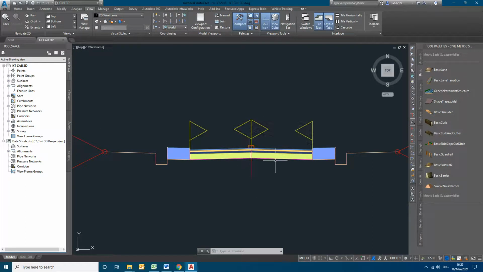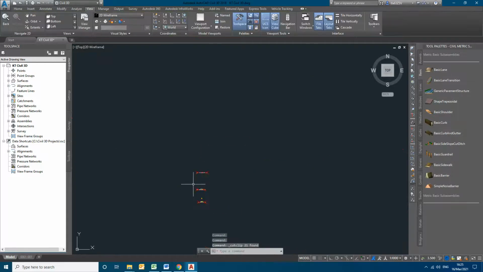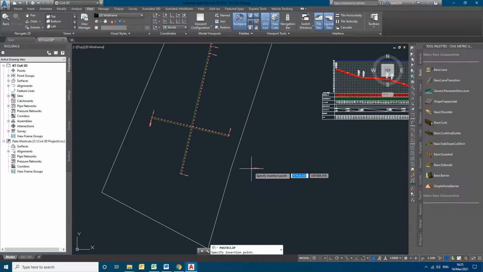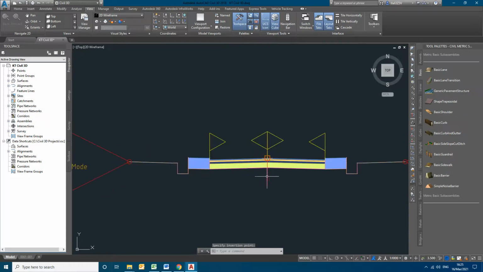This is the name that I had given. So I'm selecting this assembly and keeping it near our area. Right, this is the assembly that we have to use.